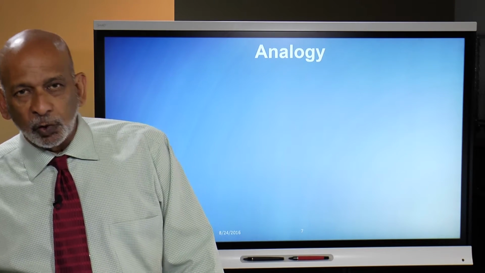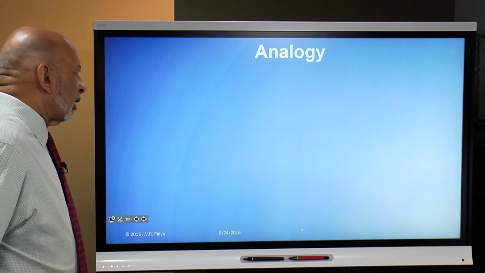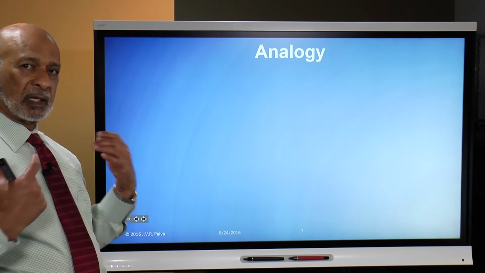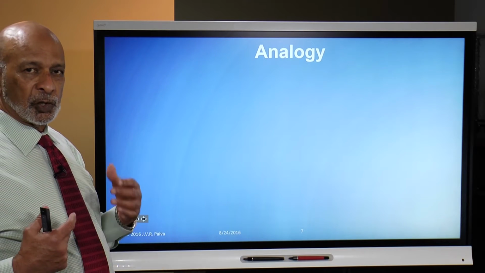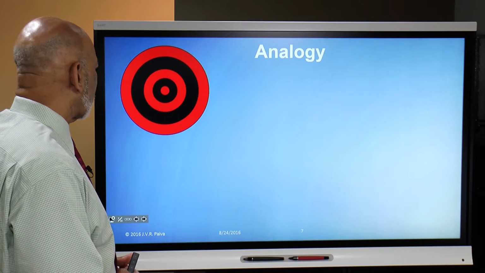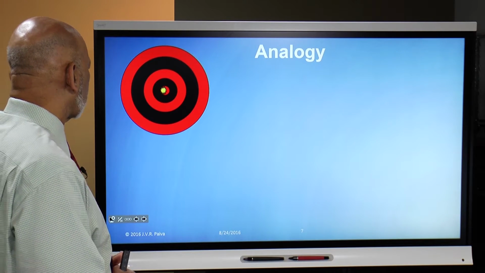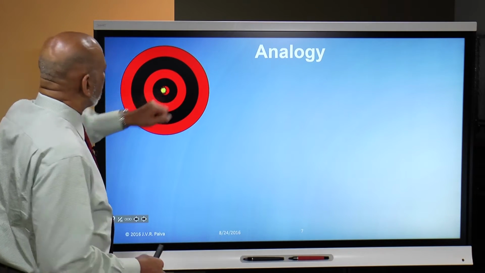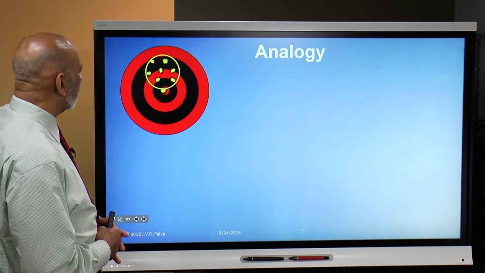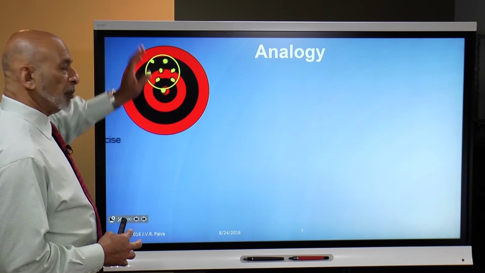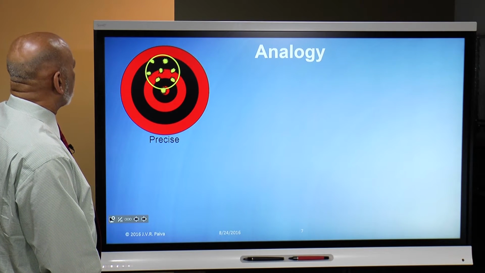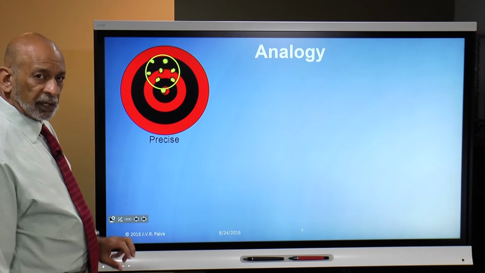Okay, so I'm going to go through a little analogy, and the analogy we're going to use is shooting at targets. So we have a gun, a rifle. I'm going to shoot at a target, and I'm going to show you how you might perceive these two things. So there's a shot, and we hit the target in the bullseye. There's the second shot we took, and we take a bunch more, and when we finish, we discover that, if you will, the centroid